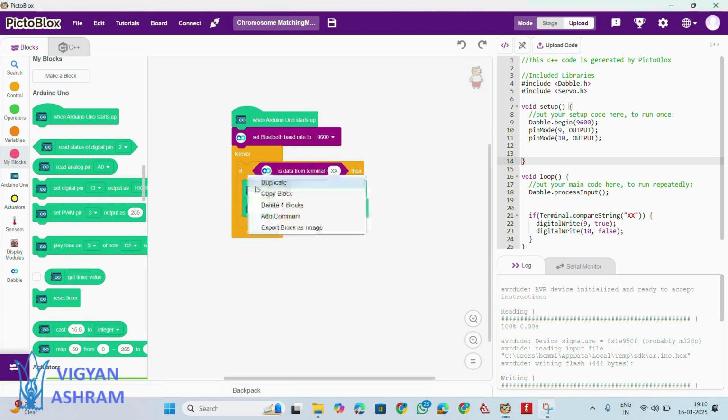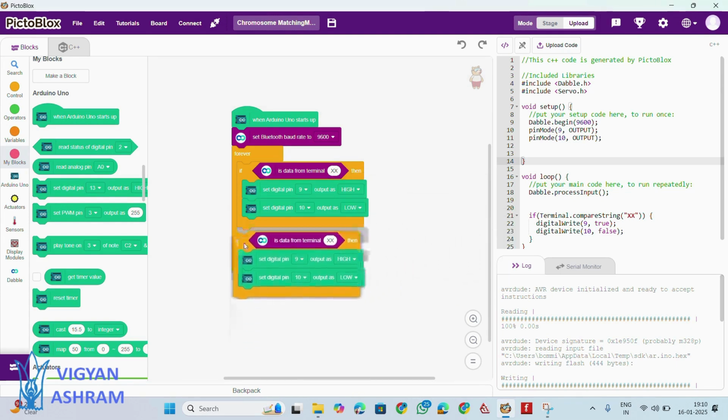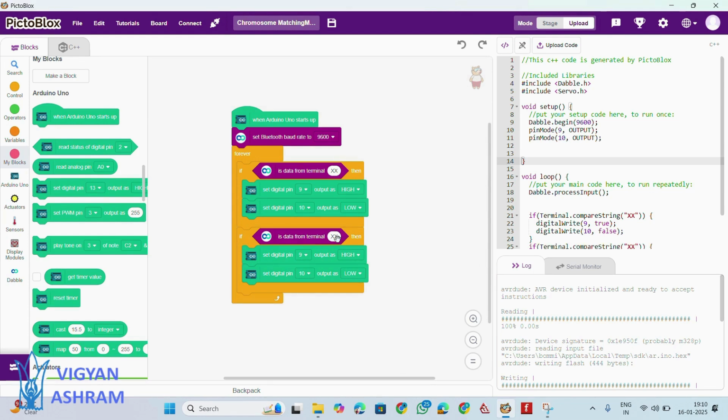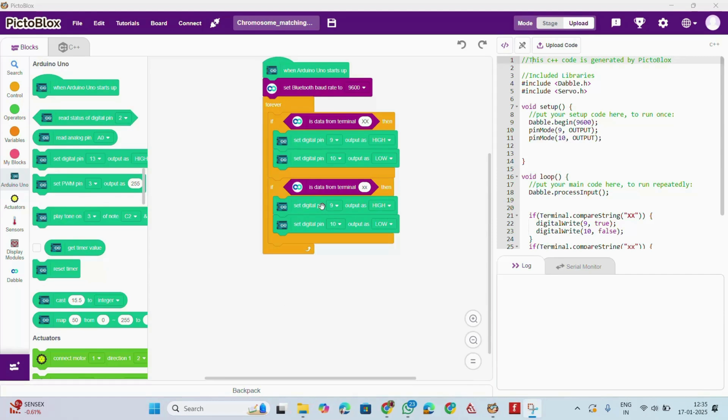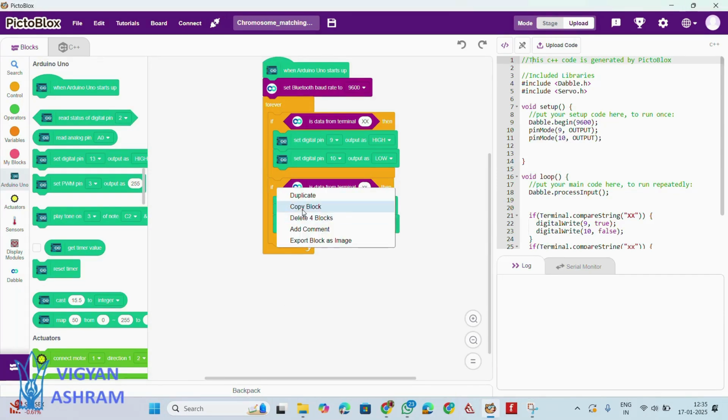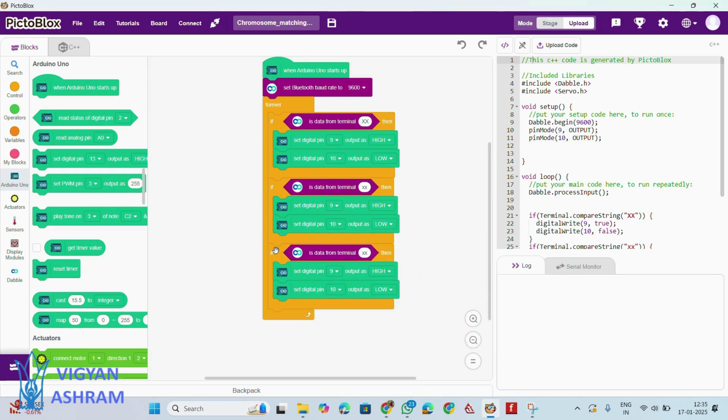Now I am copying this condition and pasting it below that condition. Now I am changing the data to small x and small x. Like that we have to copy and paste the condition and make all possibilities according to your requirement. Now I am copying this block, inserting it at the bottom of the if command and changing this command to capital X and small x. When you type capital X or small x, it will indicate correct